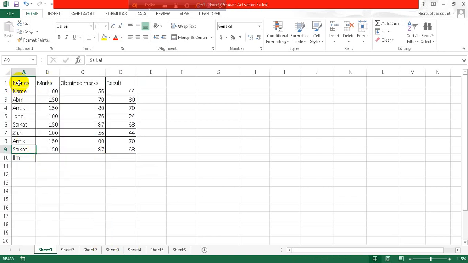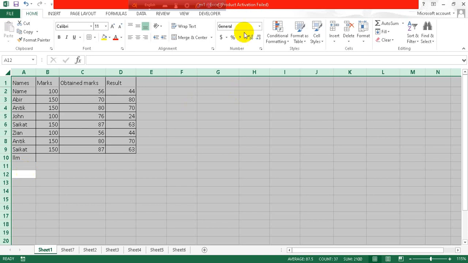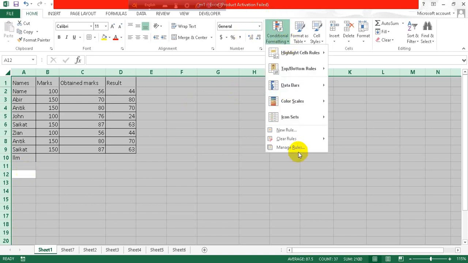Let's say we don't know where our range is or how much range we want. That's why we'll just select the entire worksheet and click on the conditional formatting option,